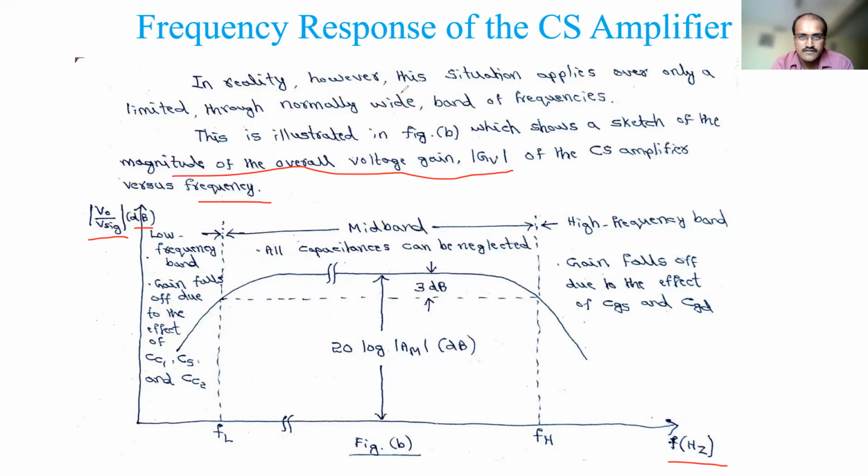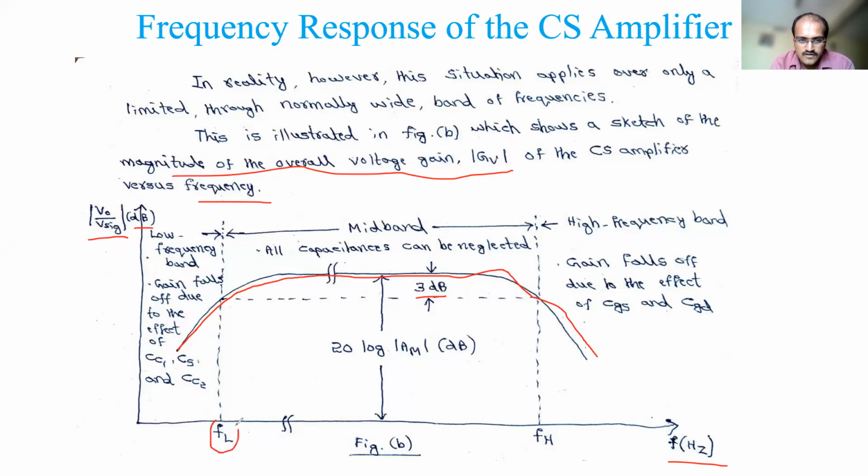Initially it will be at 0 and slowly it will start increasing. At a certain frequency it becomes constant, and it will maintain that constant, and then after some higher cutoff frequency it is again going to fall. We take the 3 dB difference here, as shown. Why we take the 3 dB frequency, we have learned in resonant circuits last time. What is the 3 dB frequency and why it comes at 3 dB, you already know about that.